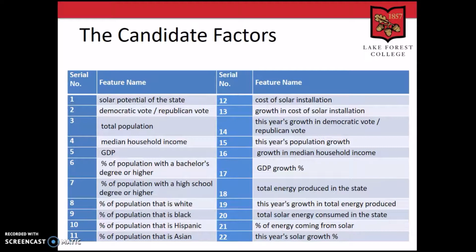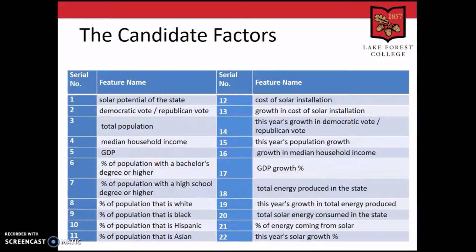Some of these are pretty obvious, like solar potential of the state, which is based on geography and weather, then cost of solar installation and the population. But then there are some other factors which are not so obvious, like the ratio of Democratic to Republican voters, the percentage of people who have been to high school, or percent of people that are white or black or